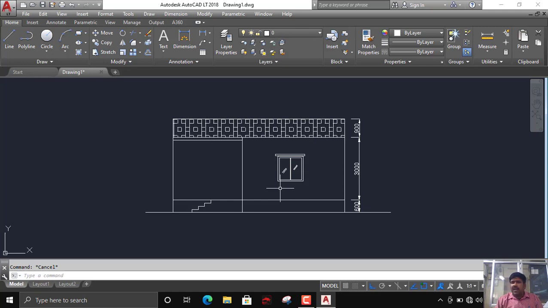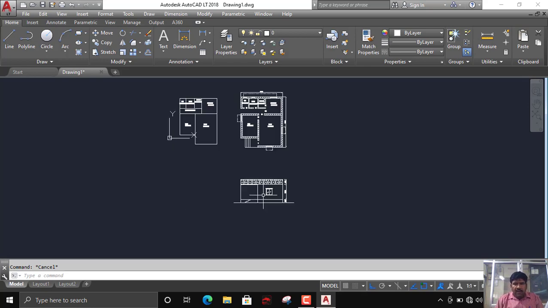If you have a shortage of time, this much is more than enough for the elevation. In an examination, if you get more time, then you can do all the decoration and other things for the elevation, right? It is left to you. But what is minimum required, I am showing only that, right?